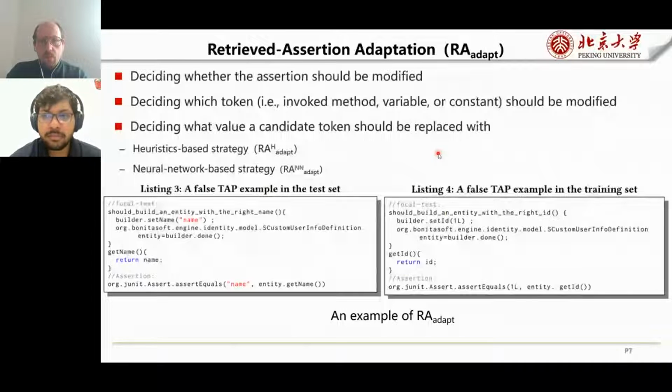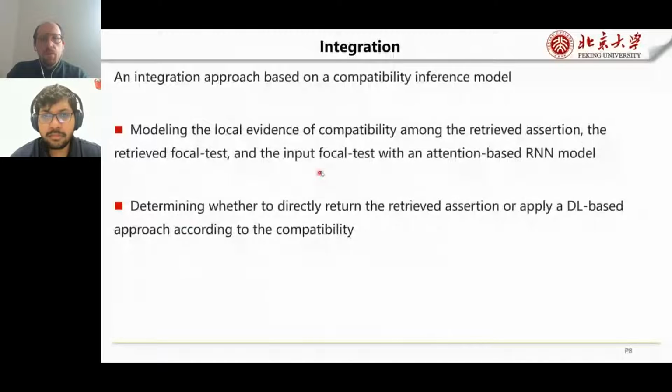For this step, we design two replacement strategies: one is based on heuristics, and the other is based on neural networks. Next, I introduce the integration approach. We propose an integration approach based on a capability inference model, which calculates the capability between the retrieved assertion and the current focal plus test method.